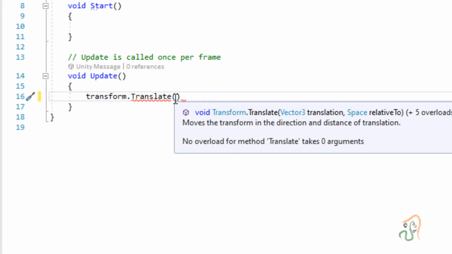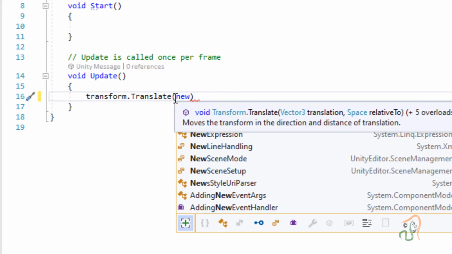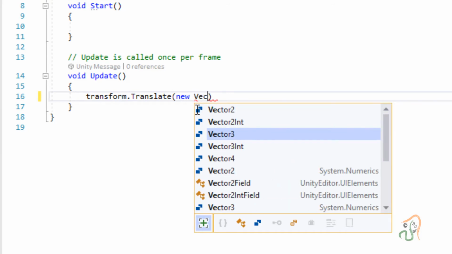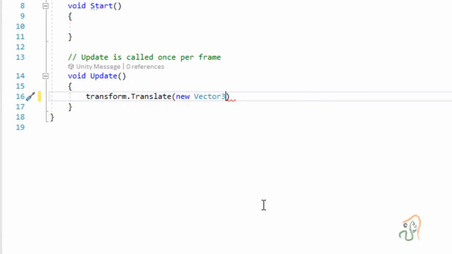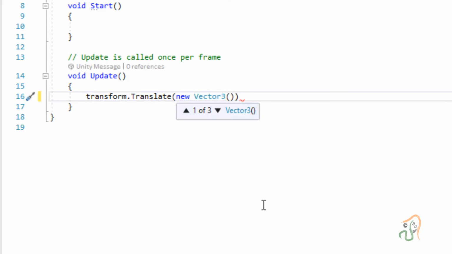So in transform.Translate, we are going to type new, and after new and a space, we call the function with capital V, Vector3. Choose Vector3, and for Vector3 we have to give three parameters in between the brackets. The first parameter is x.